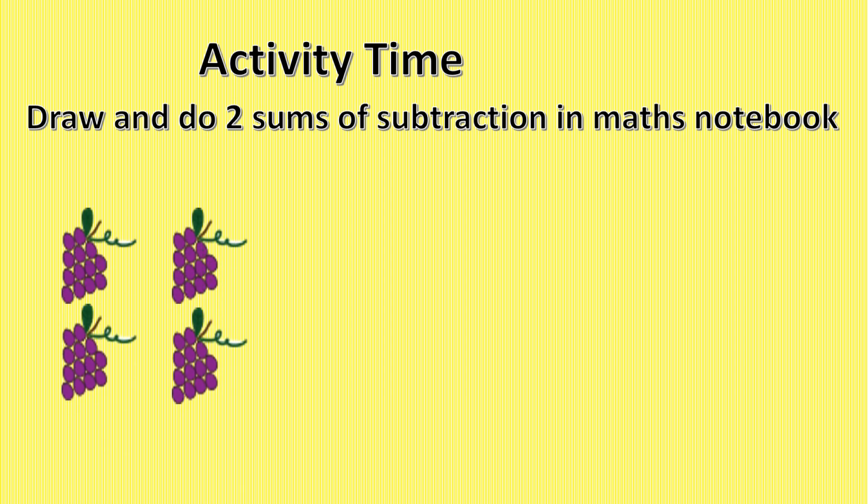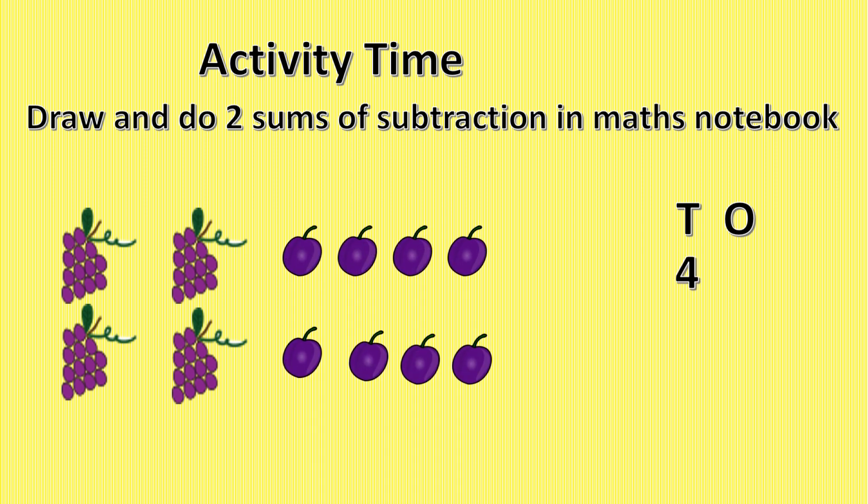Suppose you can draw grapes like this. Now here, these are the bunches of 10 grapes. So there are 4 tens. So you will be writing tens and ones, below tens 4, and these are the single grapes. Now how many are they? 1, 2, 3, 4, 5, 6, 7, 8. These are the 8 ones.